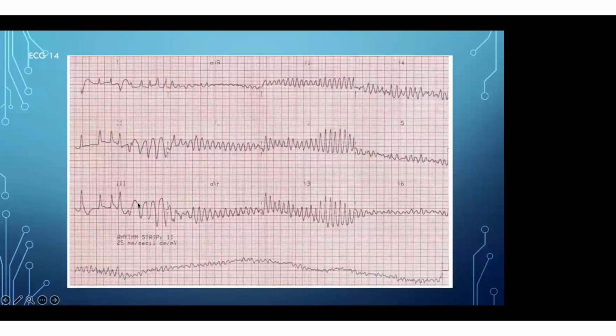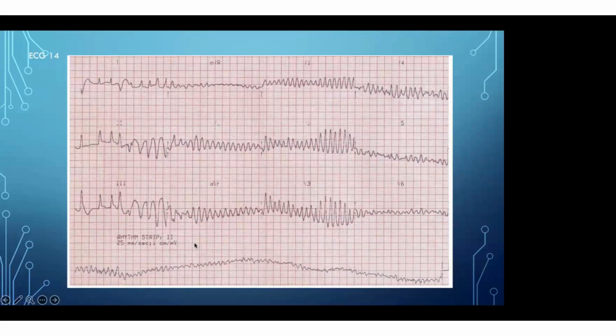This is a thing you told just now, torsade. This is some polymorphic VT twisting around points. This is a thing where there is zero cardiac output during this arrhythmia. So the patient will definitely collapse, zero BP. If you find out promptly and DC cardiovert and intubate, resuscitate, the patient usually comes back, and you have to